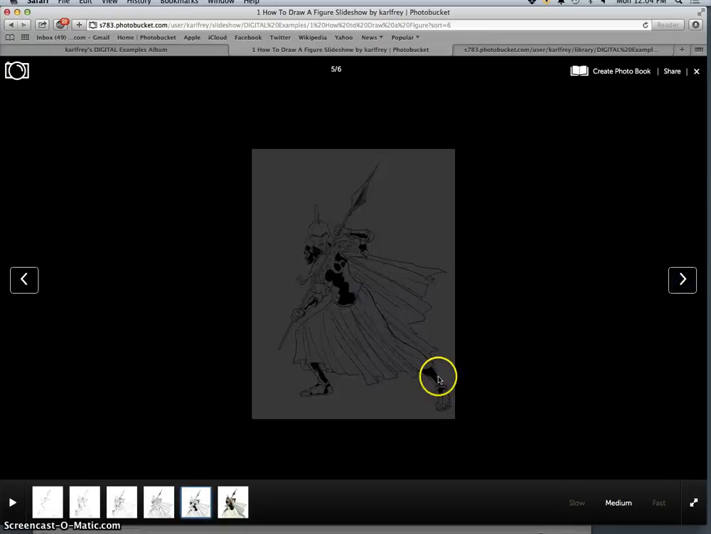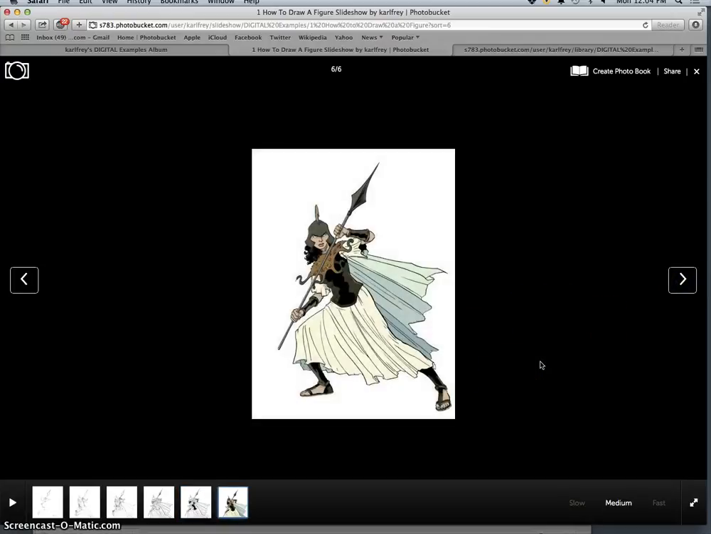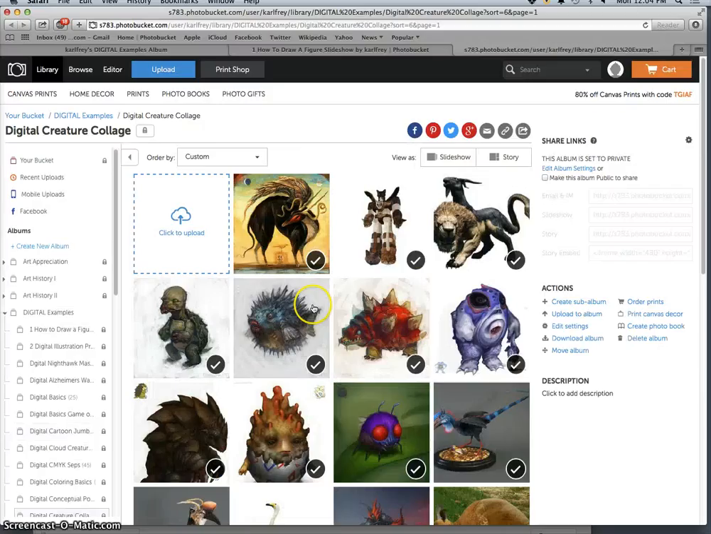And then that allows me to color behind it and finish off my artwork. But if you're compositing, it's a little different. Because when you're compositing,